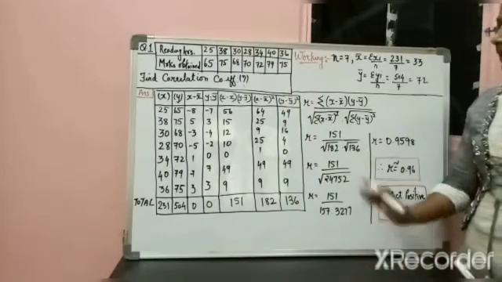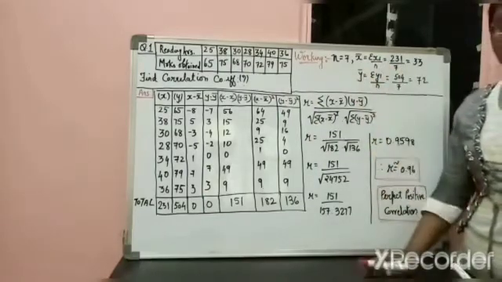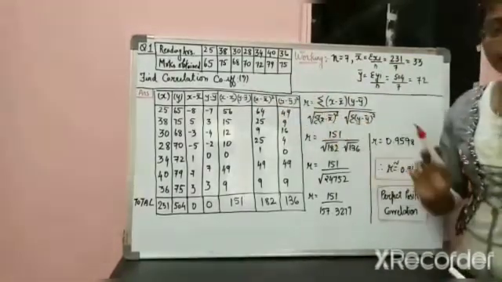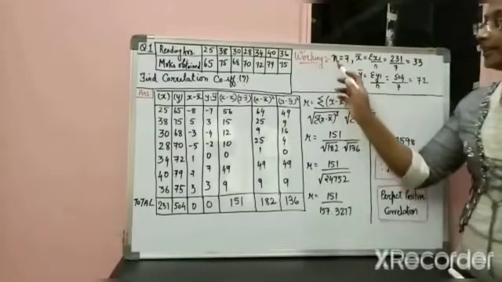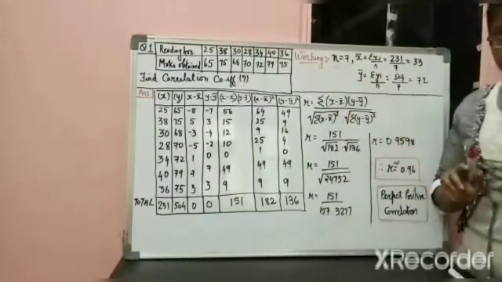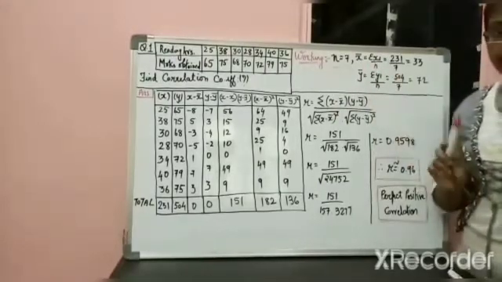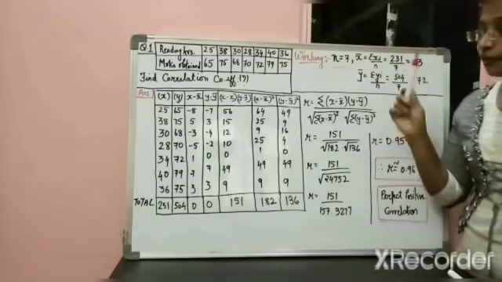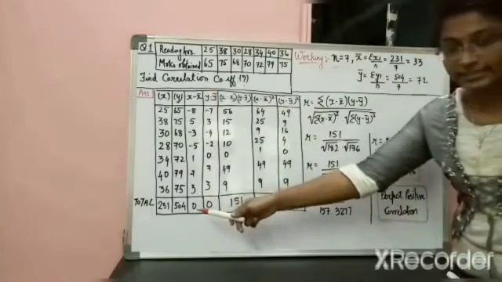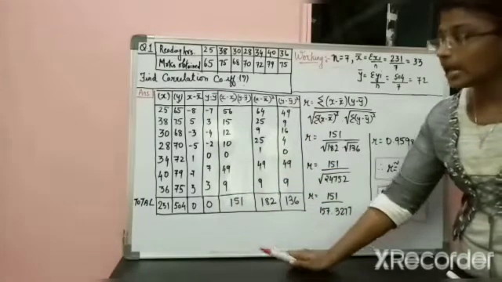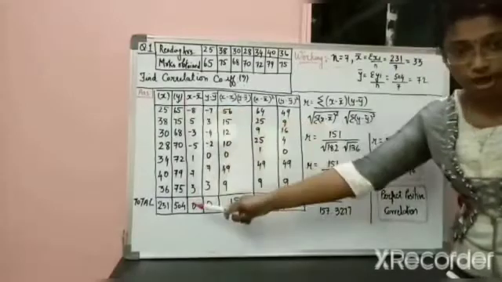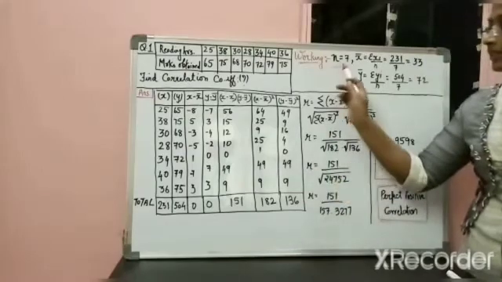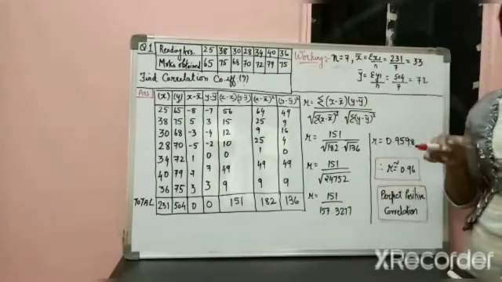Clear? Now let us start with the mean. Now finding out the n. What is n? See how many candidates you are having. You are having 7 candidates. That is why your n is equal to 7. Clear? Then you have to find out x bar, that is your mean. So mean of x would be sigma xi upon n. To find out sigma xi, make a column like this. This is a chart you have to make like this. Then you have to total up the x column. Then you will get 231. So dividing it by n, that is 7, would result in 33.